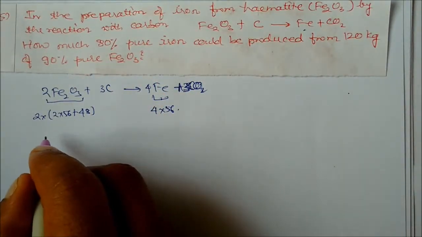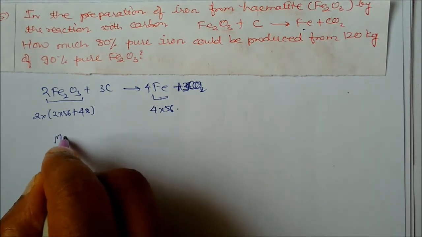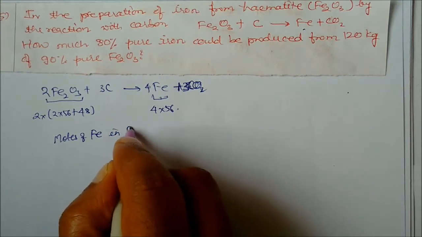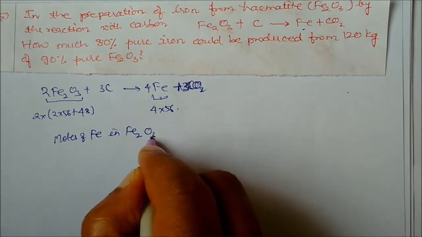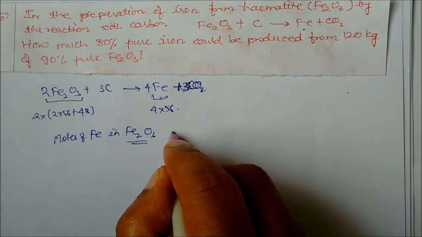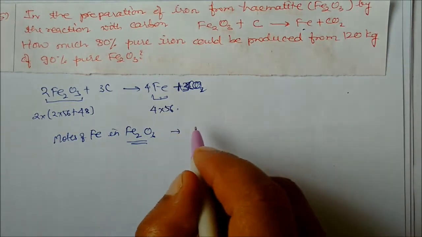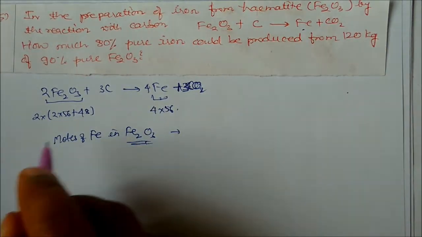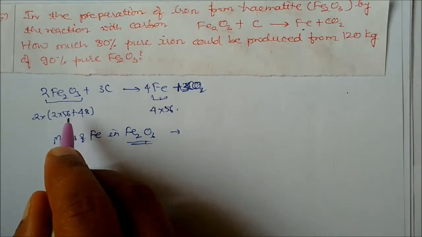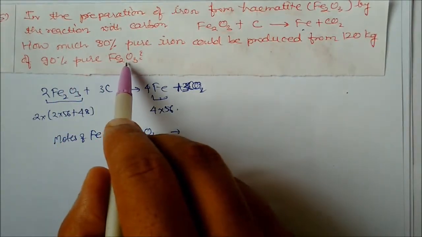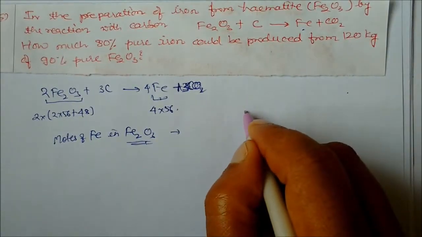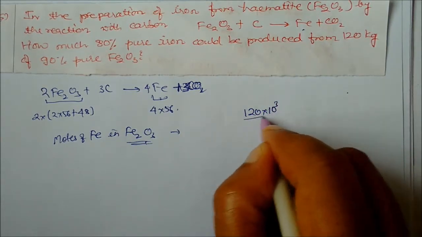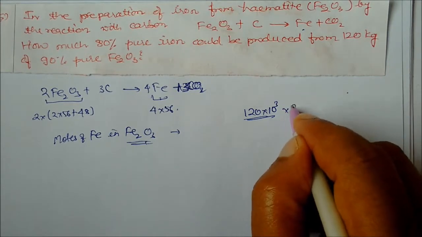Fe2O3. So how much is the moles of Fe2O3? So moles of iron in Fe2O3. Okay, how much will be there? So moles of iron will be, so for this moles we are getting how much? 90% of pure Fe2O3, 120 gram. So if you take here 120 into 10 power 3, this is the total weight that is given, and 90%